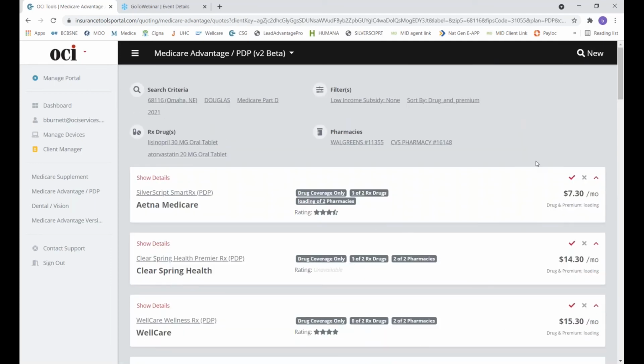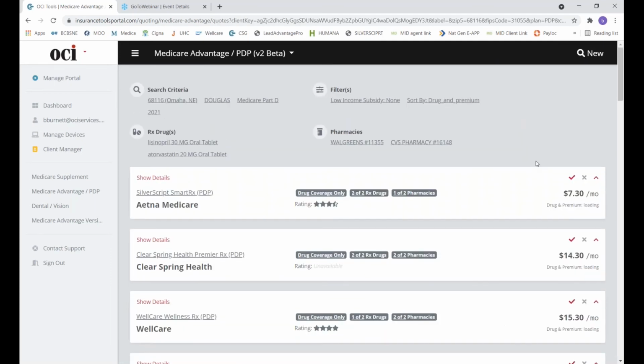It does take a little bit to run because it is pulling all the drugs and all the pharmacies for every single carrier. So it does take a little bit to load over here. But as you can see, it does have all the carriers pulled up. Obviously, we did a very basic one, so that SilverScript SmartRx is probably going to be the best for this